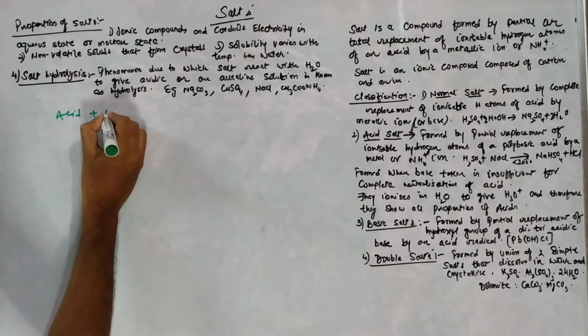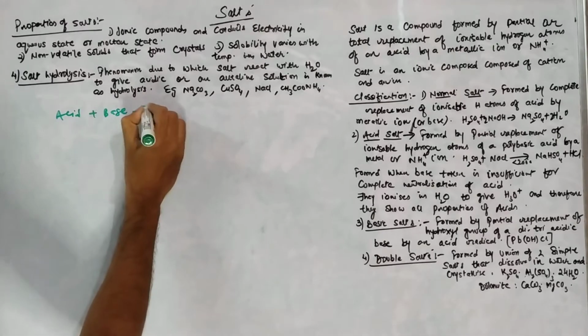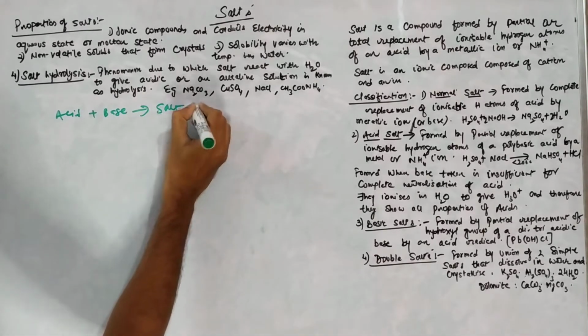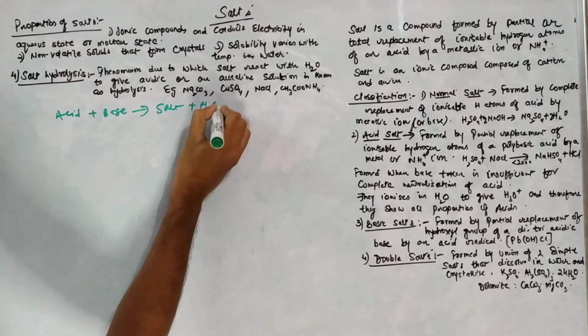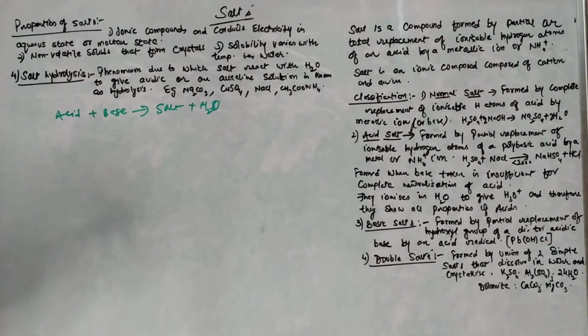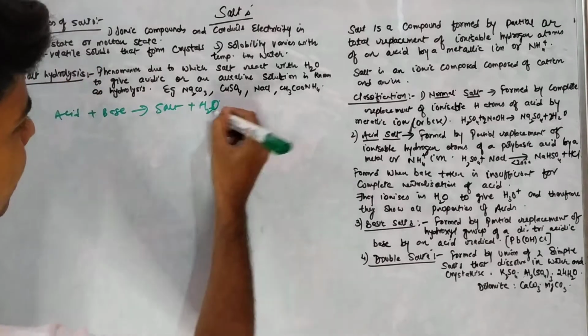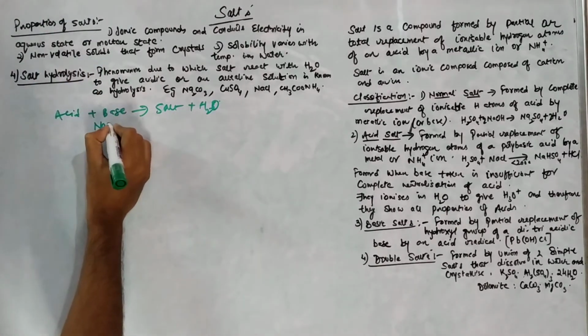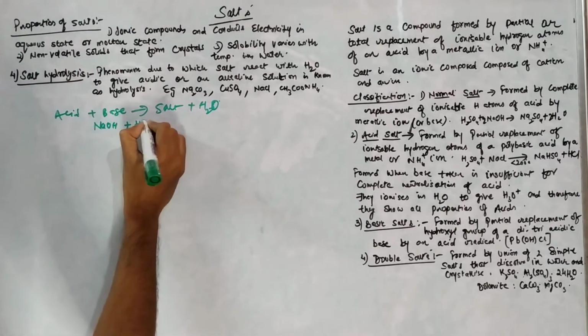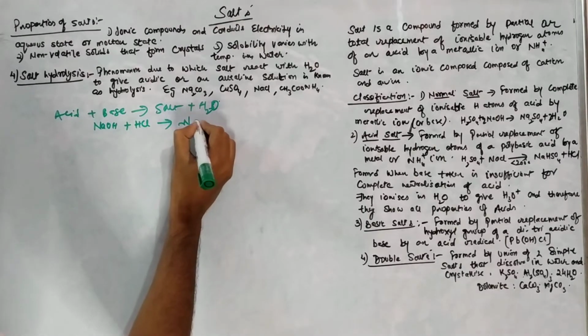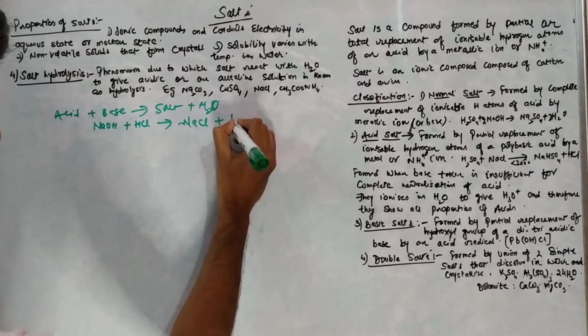Acid will react with a base to give you salt plus water, right? So let's just take an example. Sodium hydroxide is a base which will react with HCl, which is an acid, to give you salt plus water,